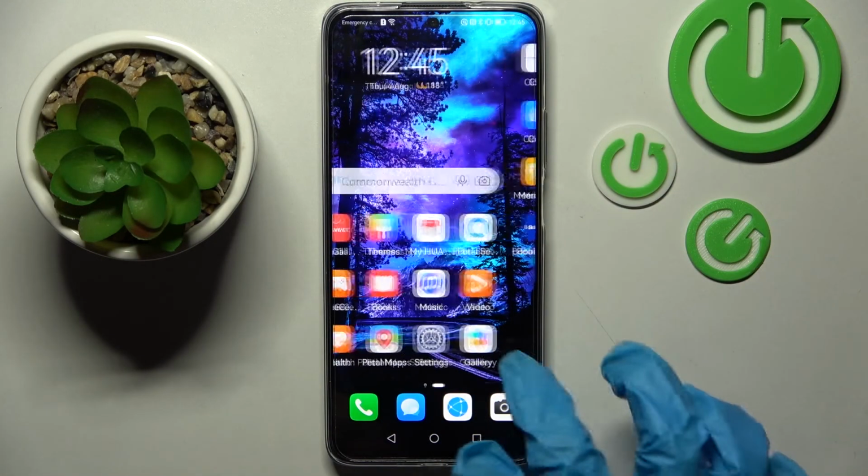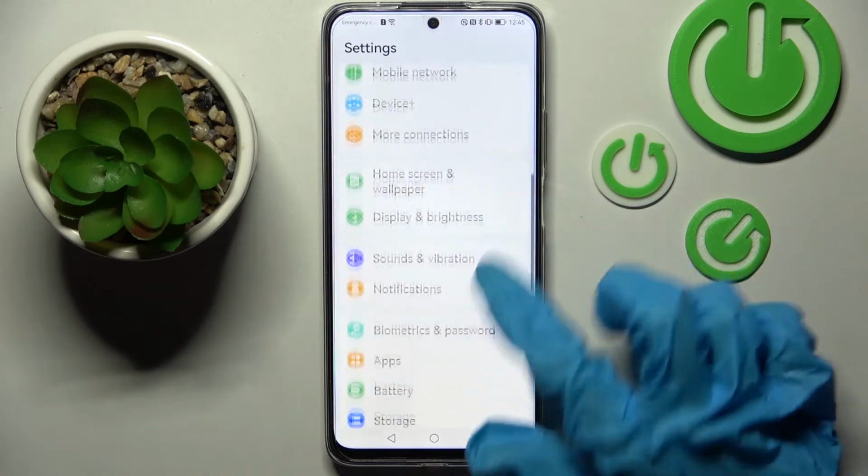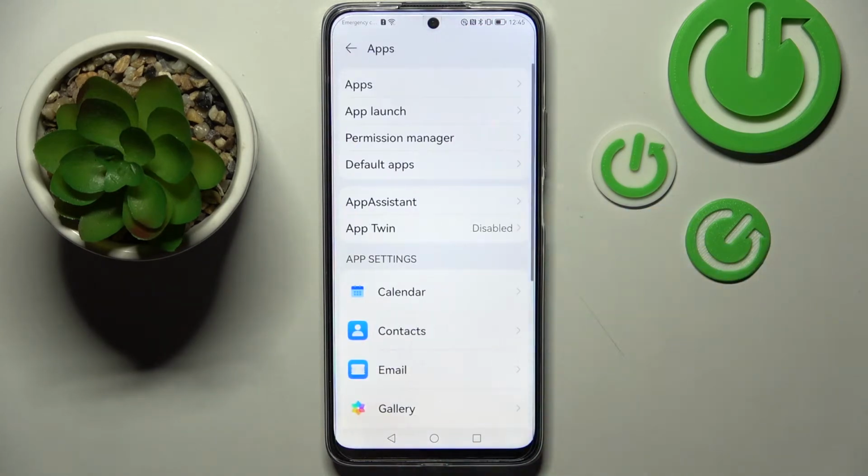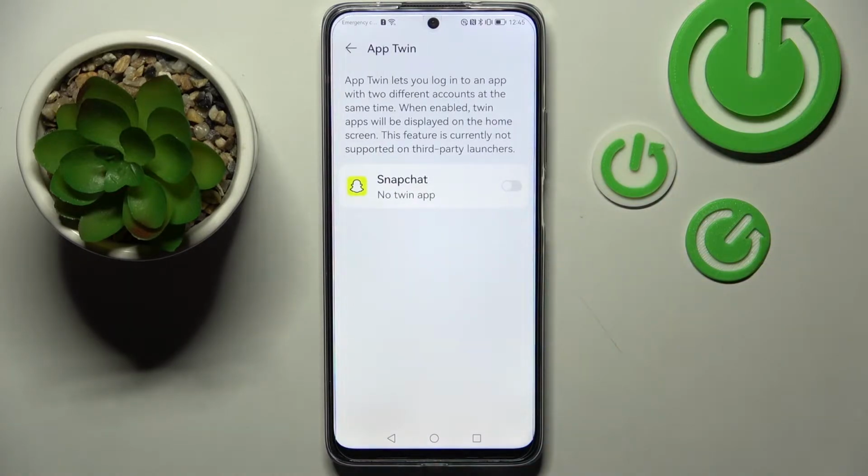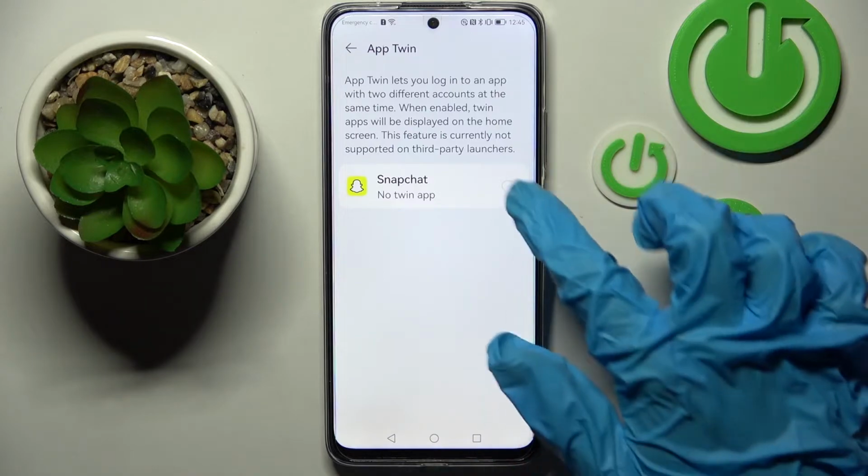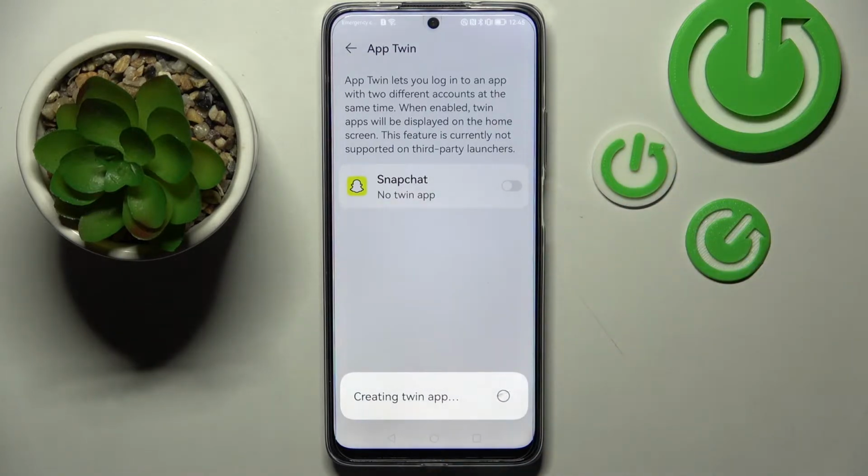You need to start by opening Settings. Now scroll down and tap on Apps section. After that, you need to select App Twin and click on the switcher next to an app that you wish to clone, in my case Snapchat. Now you need to wait a bit